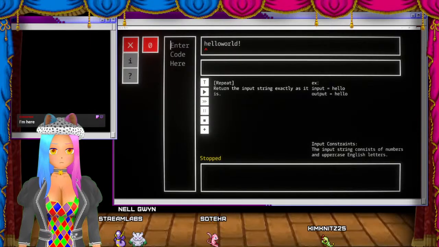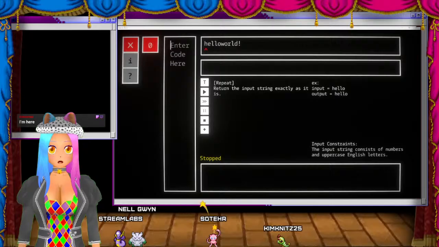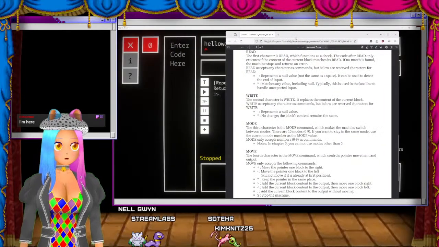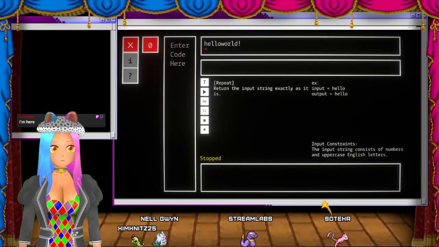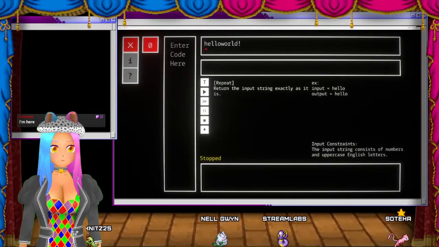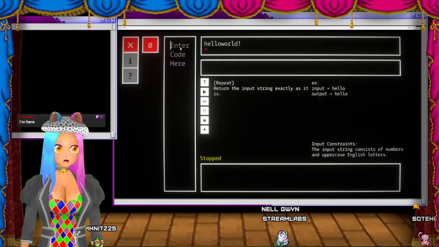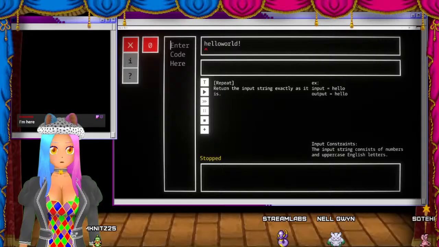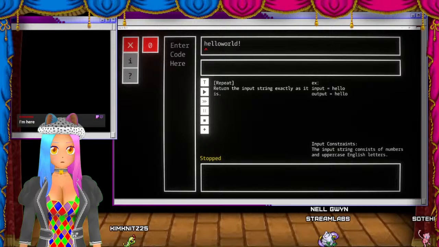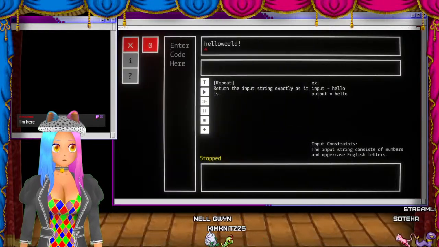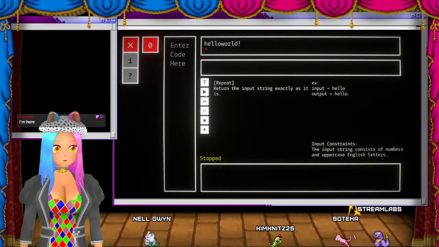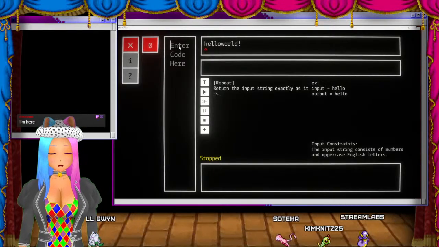Oh, let me check the manual. Read. Okay, I think it's just. Yes, it says null can be used to detect the end of inputs. So I think this is just a cat program, so if I just type